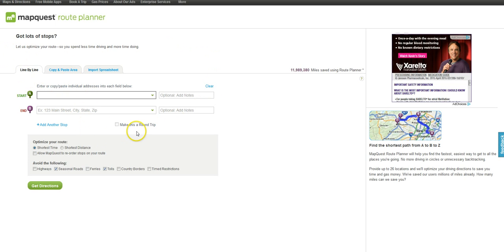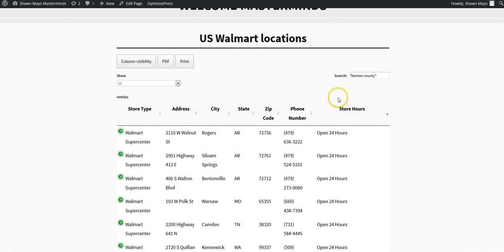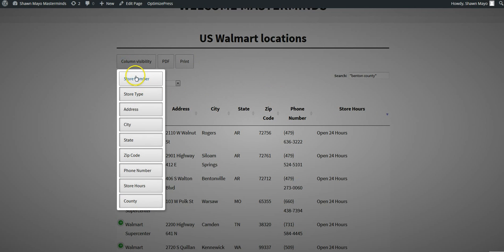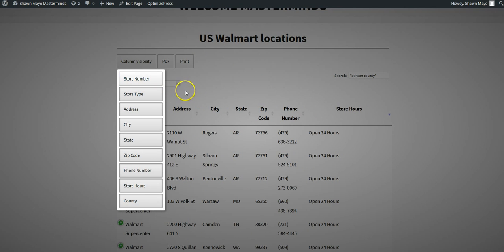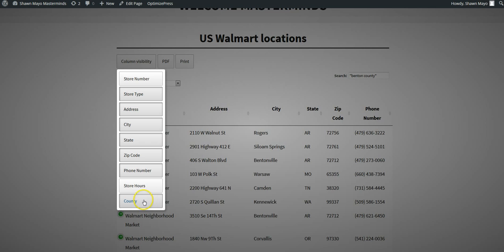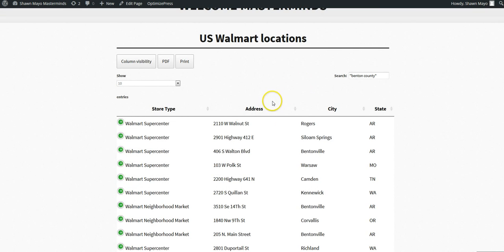You can type in the information, or you can go to this tab that says copy and paste area. So how I suggest you do it is just click on column visibility. We get rid of the store number. We get rid of the hours, the county, and the phone number. So we just have the name of the store, the address, city, state, and zip. We go out of there, and